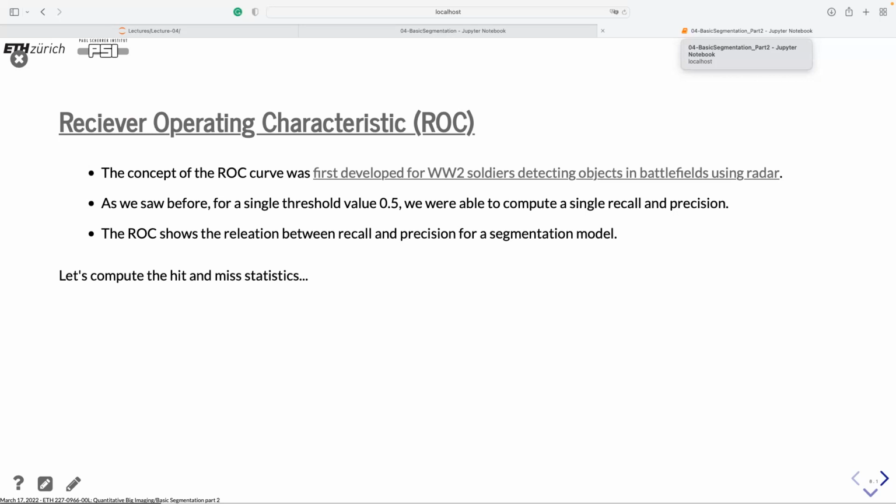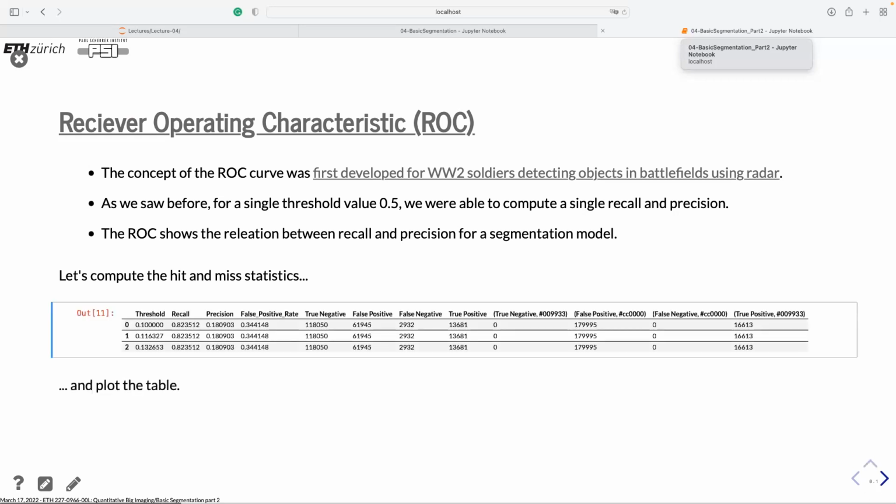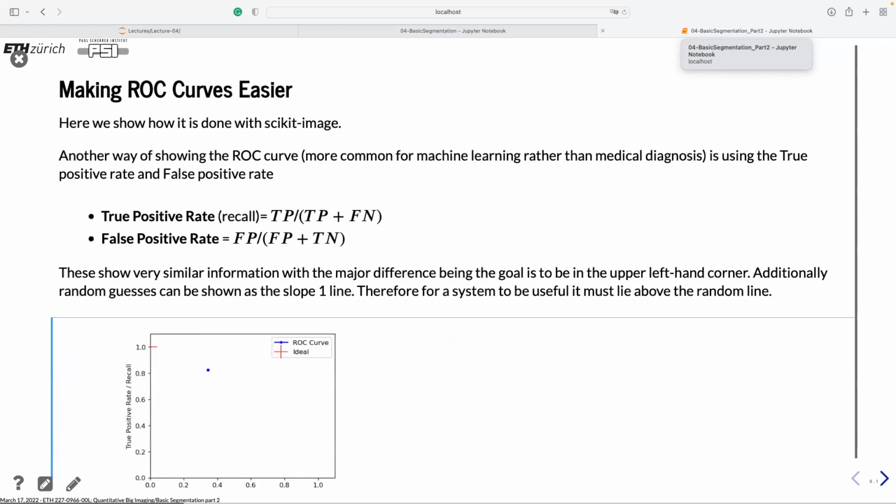This can be drawn in a curve, and the ROC curve shows the relation between precision and recall in the segmentation. So let's look at the hit and miss statistics of our data. This is a long table. We can see small details, but the interesting thing is if we plot this,